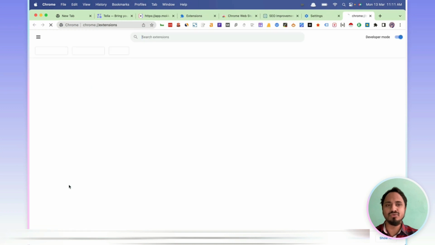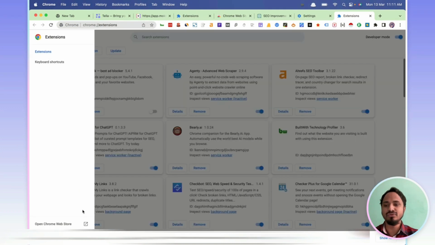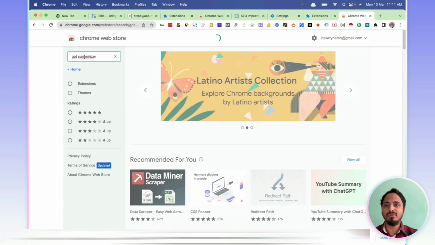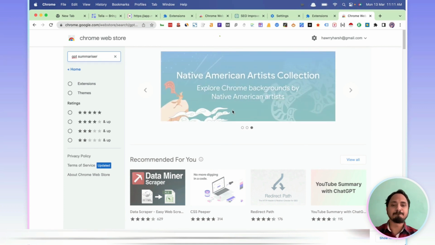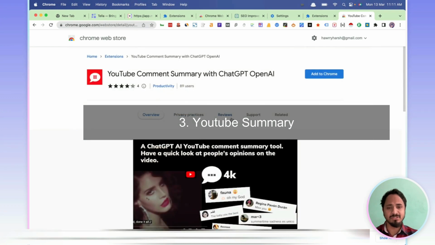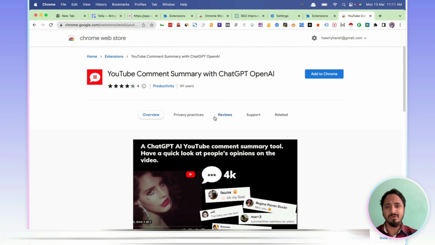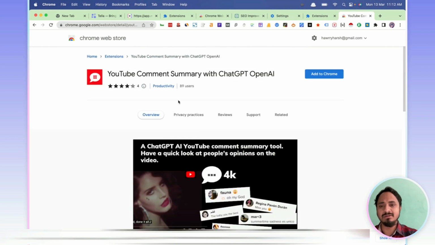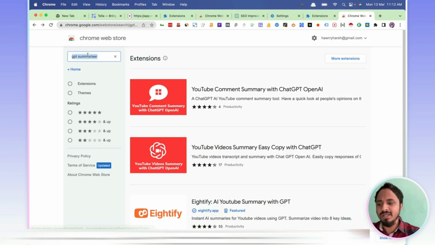So what you can do is go to extension, go to the web store and type it, and it will summarize there. Okay, let's see, it's loading, guys. So this is the tool. You can easily install this tool and have a YouTube summarization on a single click, but I use most of the time, this also works because these people have uploaded this as an extension. Obviously anybody can create an extension, but my favorite one is